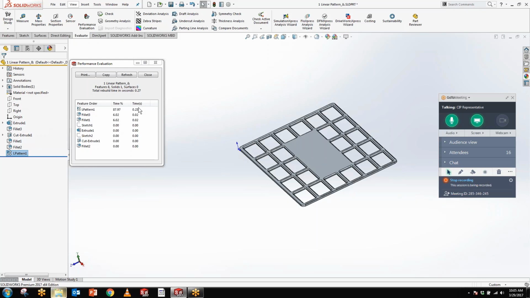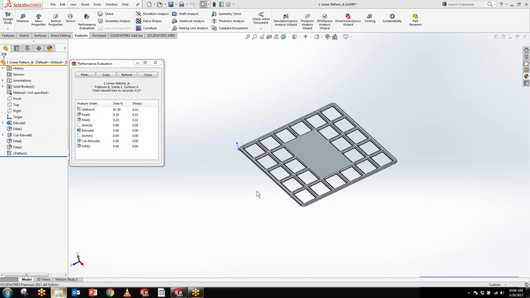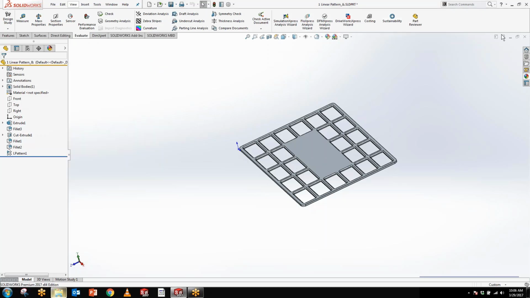So if I go ahead and undo those changes, keep in mind, guys, it's at 27 seconds now. If I go back over here, it went back to 17 seconds because it undid the changes that I made. In other words, let's always keep in mind to optimize our designs, and even though over designing our part won't show up on the actual part, it will increase the rebuild time on that part. So let's go ahead and close that part